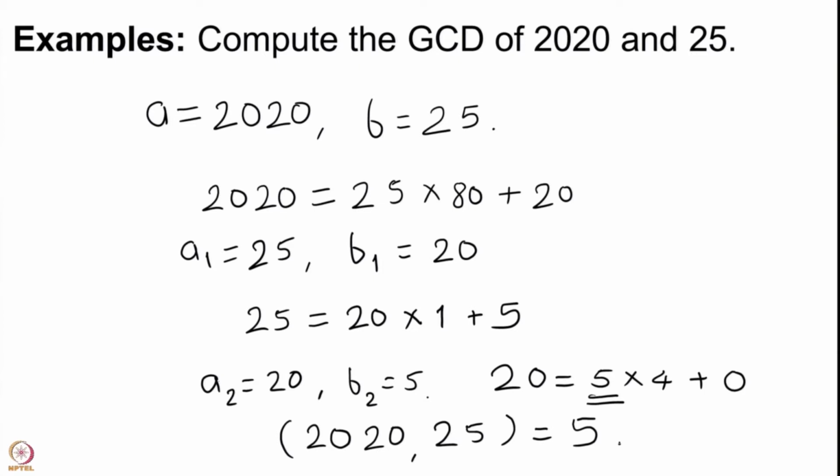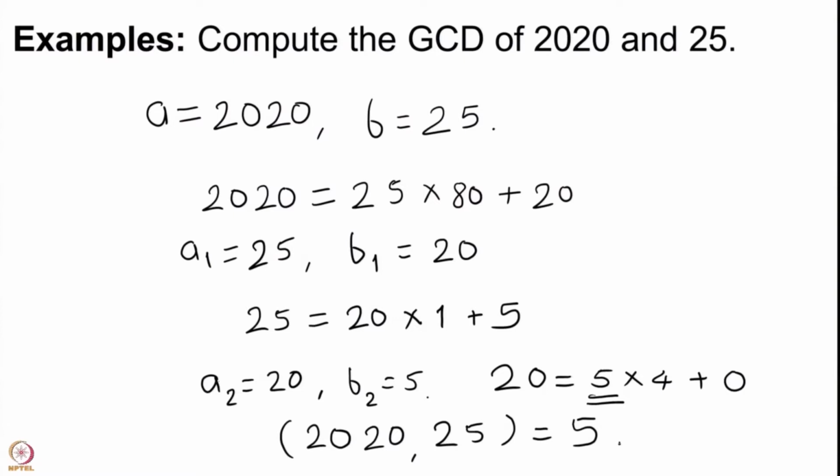You may say that you could tell this GCD just by looking at the numbers, which is true. Many of you would be able to tell this GCD just by looking at these two numbers. In fact, if some of you are not able to tell it at the first step, certainly by the time you reach the second step where you have 20 and 25, I am sure that almost everybody would tell the GCD to be 5. But still a process is important, and this process can be applied to any pair of natural numbers, not just to some simple numbers like 2020, 25 or 25, 2020. You can apply it to any such thing.